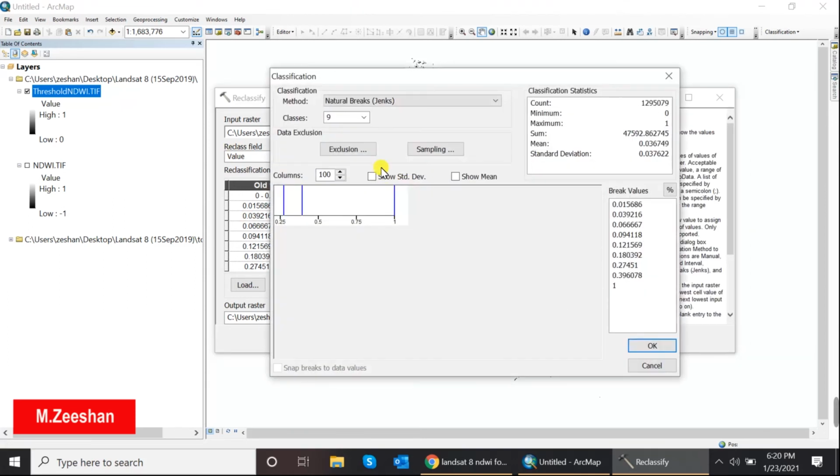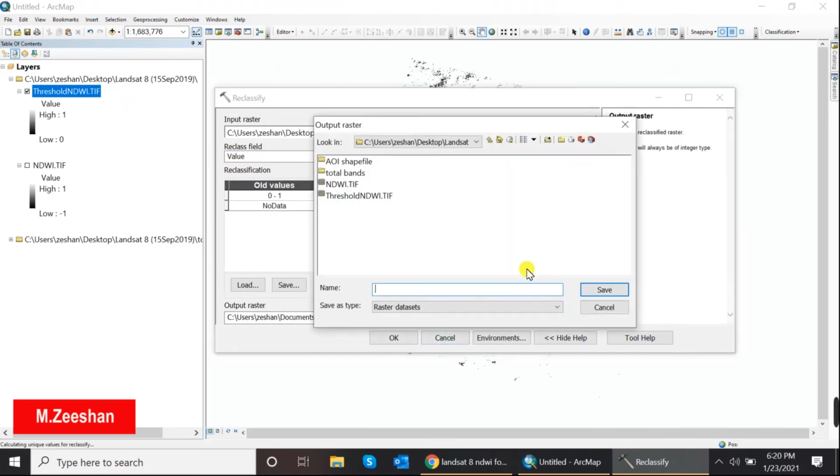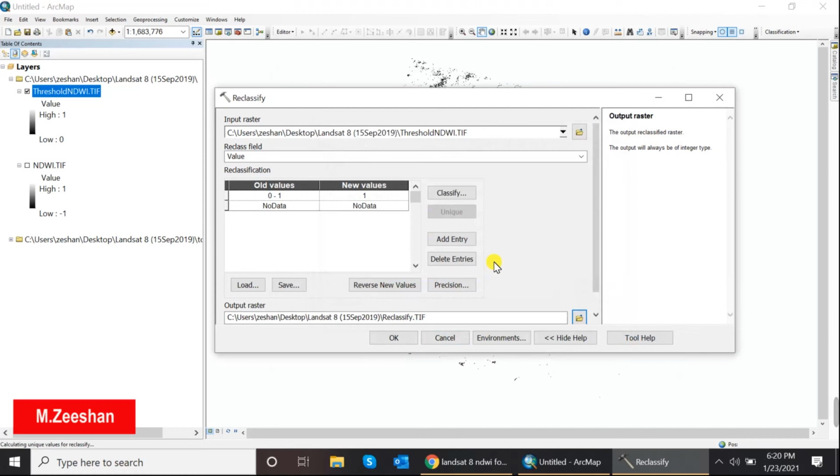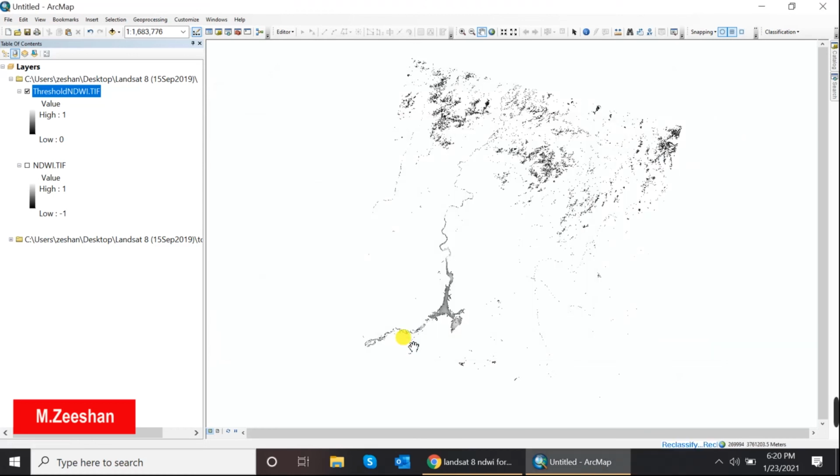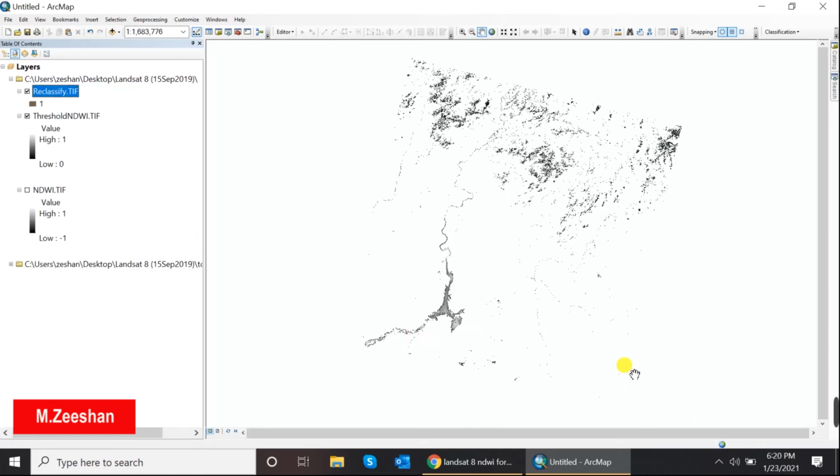Press OK because we want only water regions. That's why press OK. Save this raster file, naming reclassify dot tif. Press OK. OK. Hide threshold. So it has been reclassified.